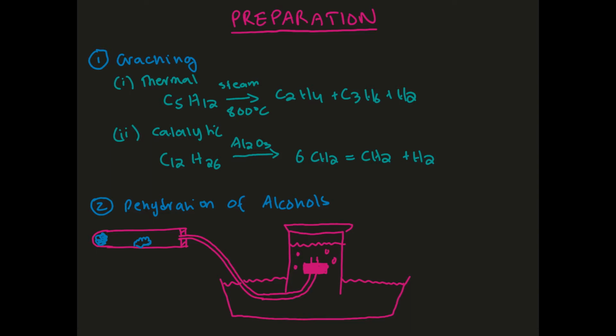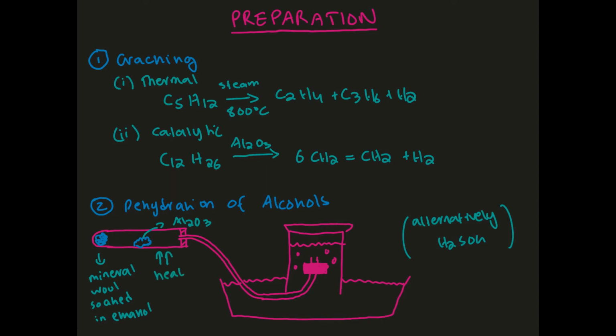So this is the apparatus that you use for this. In this case, you're going to have mineral wool, which is soaked in ethanol. And you're also going to have your catalyst, which is going to be Al2O3. Alternatively, you can also use H2SO4 as the dehydrating agent. In this case, you're going to heat this mixture, and you're going to use downward displacement over here to collect this gas over water. So this is going to be ethene, and this is going to be a Bunsen valve,